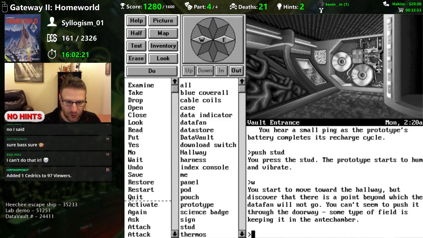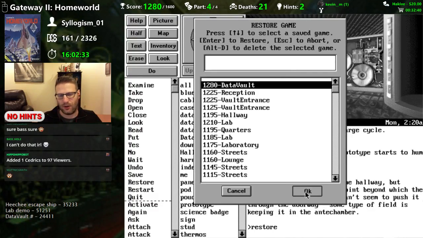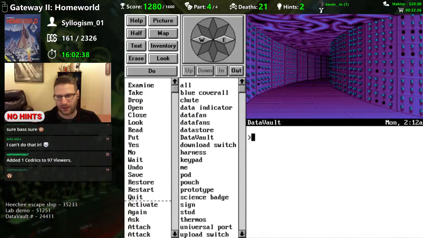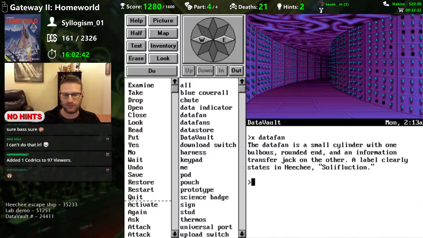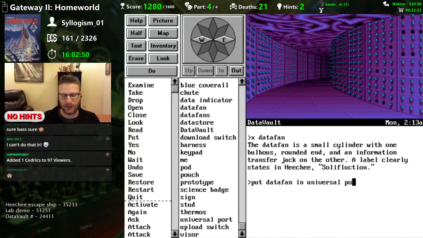Oh, you start to move toward the hallway, but discover that there is a point beyond which the data fan will not go. You can't seem to push it through the doorway. Some type of field is keeping it in the antechamber? Oh, you gotta be kidding. Alright, hang on. Well, weren't we supposed to put it in that transfer jack? Hang on. Yeah, there's a transfer jack. I thought we had to use that in the jack in our room, but maybe put data fan in universal port, maybe? Oh, right, because don't we...